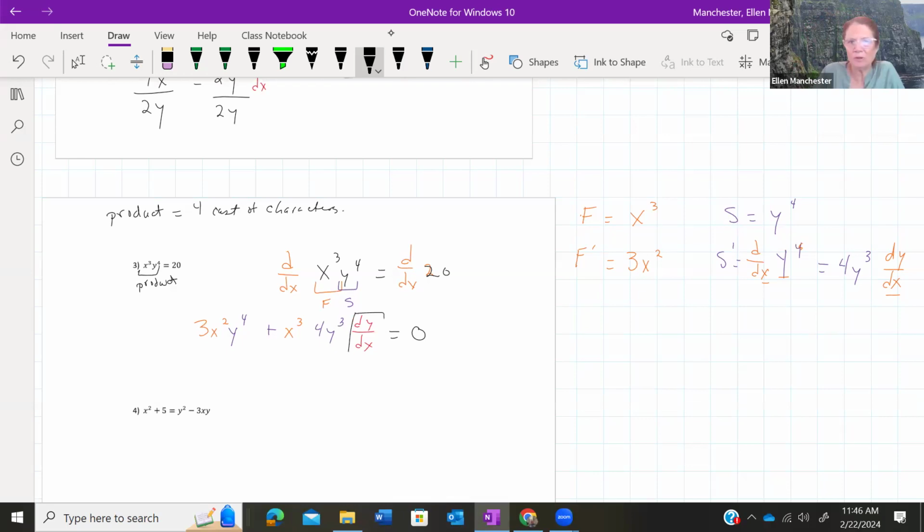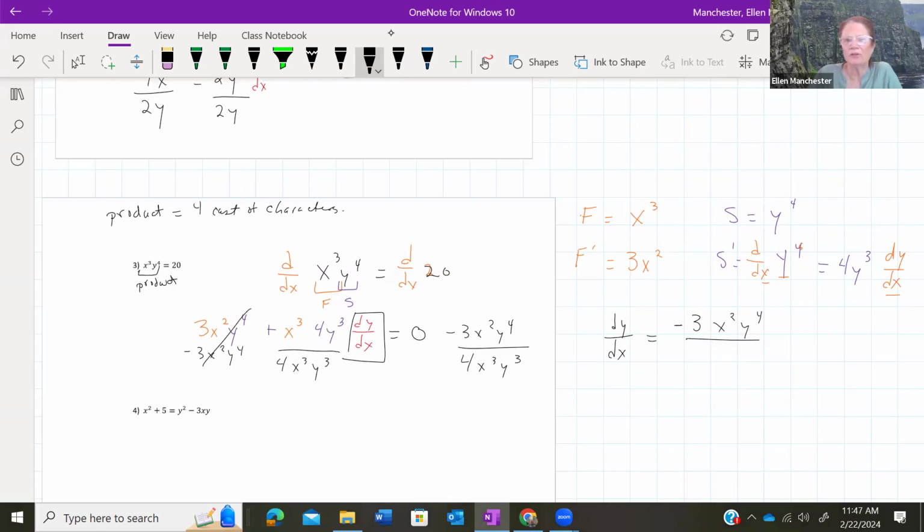So remember, this is what I'm solving for. I'm trying to isolate that. So I'm going to bring this part over first. Okay, so that goes away. And then I'm going to divide this off. And I'm just going to rewrite it. Usually you see these with the number in front. And because it's showing all multiplication, I can do that. Okay, so my dy dx is negative 3x squared y to the 4th